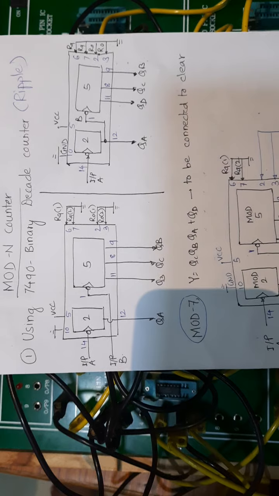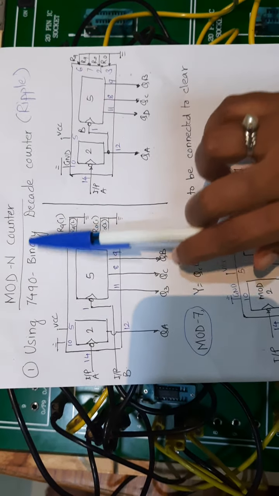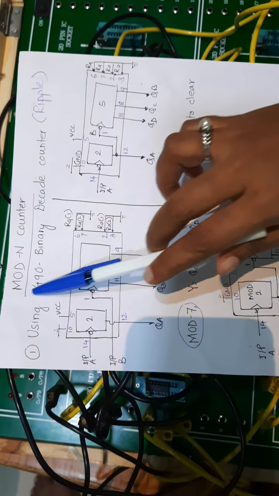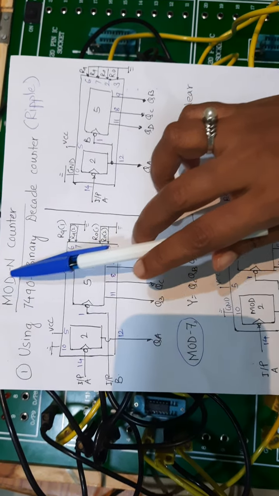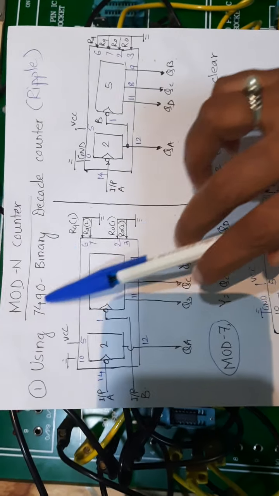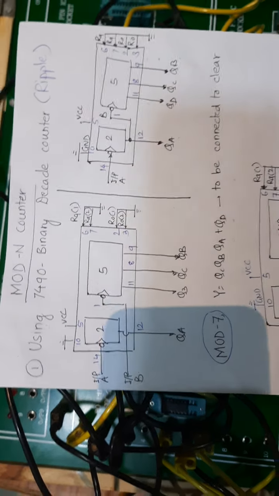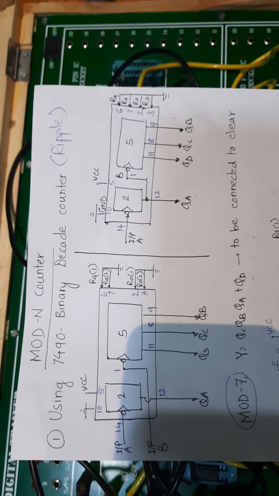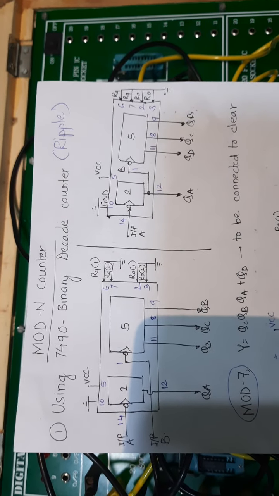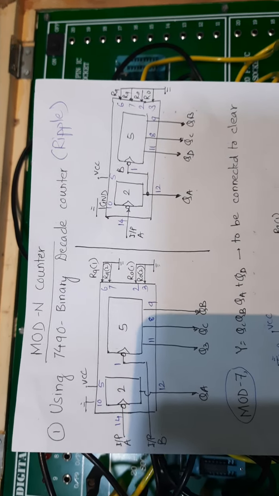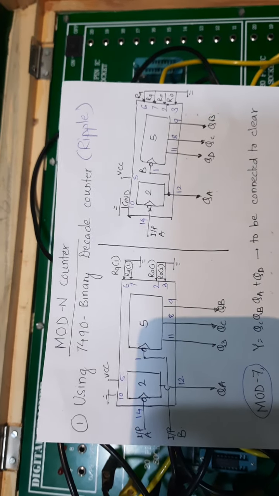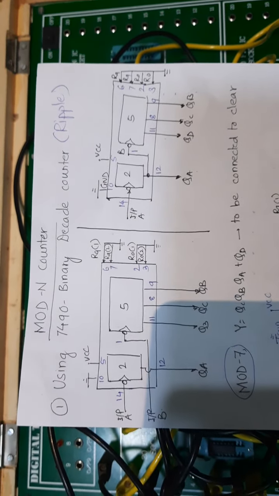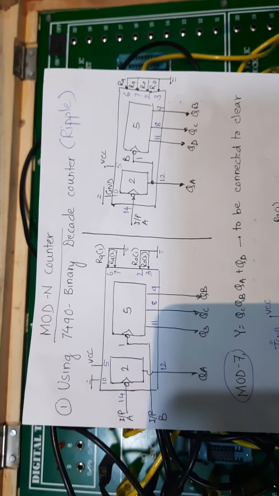Based on how many states are there in my counter, mod n is there. That n is the number of states in that counter. Mod is the number of states. It gives me the modulus, that is how many states are there in my counter. So even if the capacity is 10 counts, I can limit it to 0 to 5, 0 to 4, likewise. Here we'll be designing a few mod counters using a ripple counter IC and a synchronous counter IC.